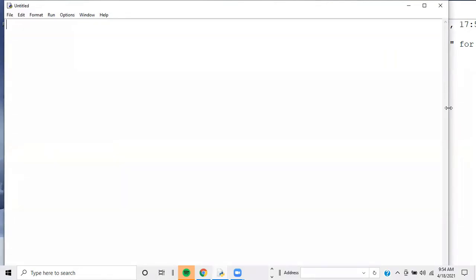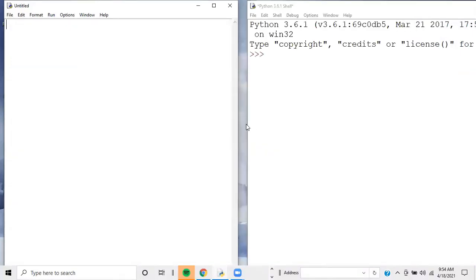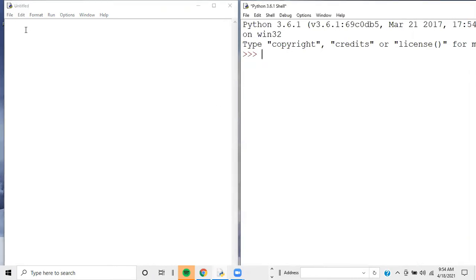And I'm just going to make this screen not so wide so we can see the Python shell as we run it. All right, so let's get started. And the first thing we want to do is import those modules I was talking about. I'm going to do a comment. I'm going to say Connect 4. And for comments in Python, you use the hashtag before the comment. So, Connect 4 game in